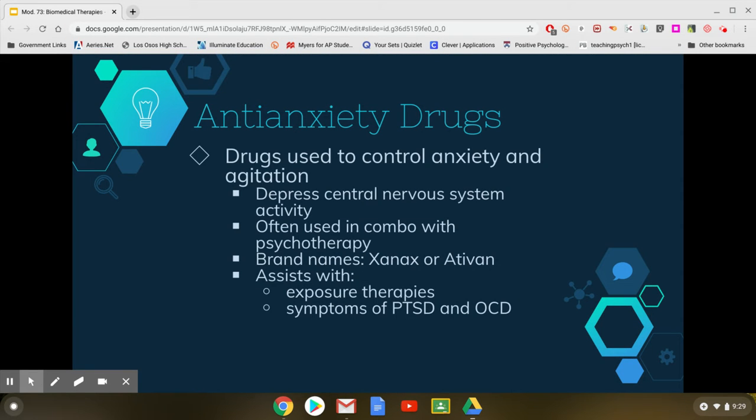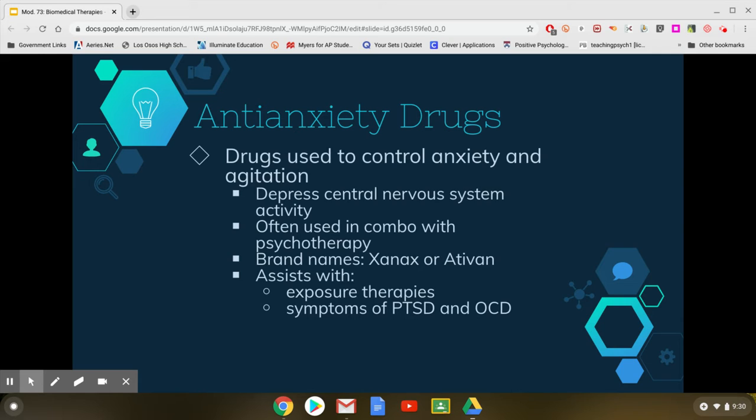The next type are anti-anxiety medications. They're used to control anxiety and agitation. So you might imagine they're used to help with things like anxiety disorders, panic disorder, PTSD, and OCD. The interesting thing about anti-anxiety drugs, you may have heard of things like Xanax or Ativan, is that they're highly addictive,